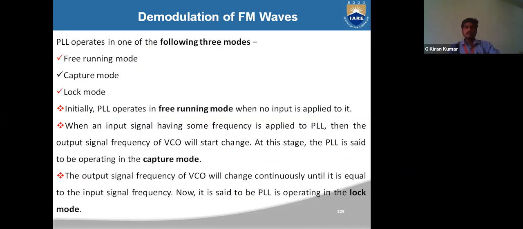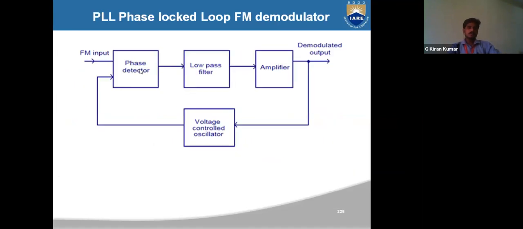Now coming to the operation modes, which is very important. The phase detector produces a plus or minus signal, as in F in plus F out, or F in minus F out. Or you can write the error e of t is equal to plus or minus of F in and F out, and that is given to the low pass filter. It eliminates the carrier signal. Here you get either the FM signal, positive or negative, and then the signal is amplified and you get the output.